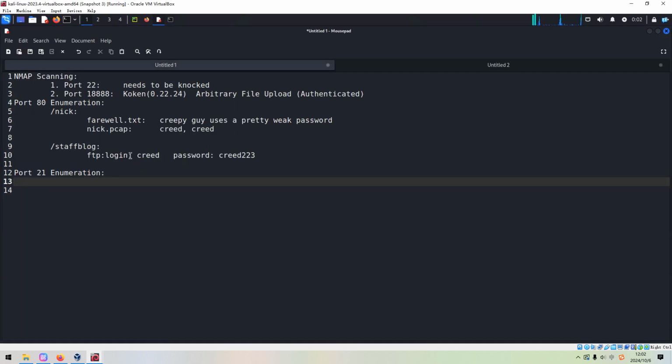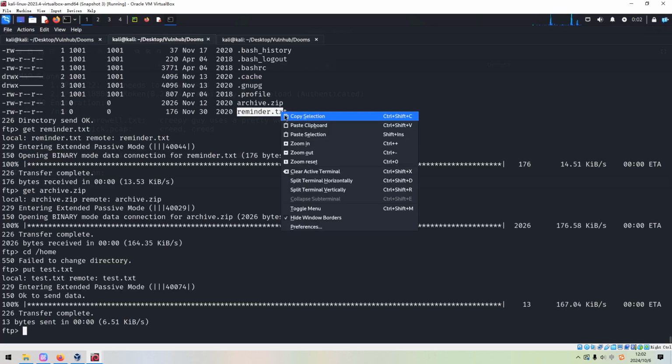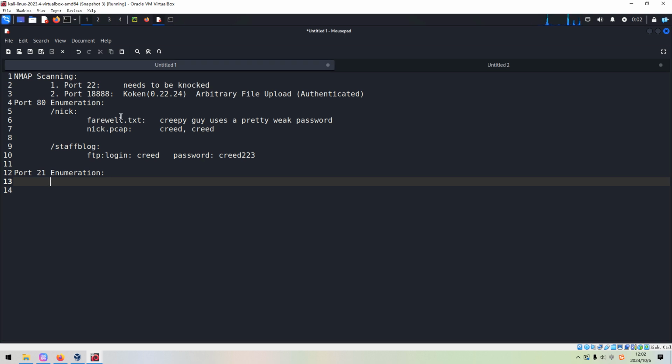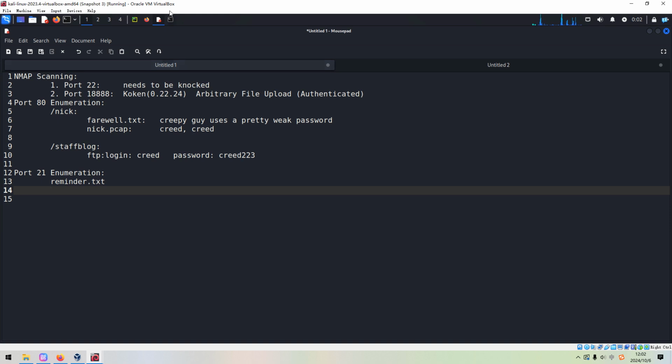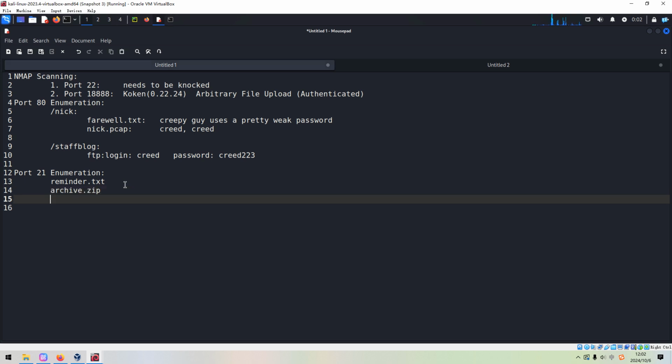So I think now what we got: first, the reminder, and also the archive zip file. Also we know that we have permission to upload files to the target.